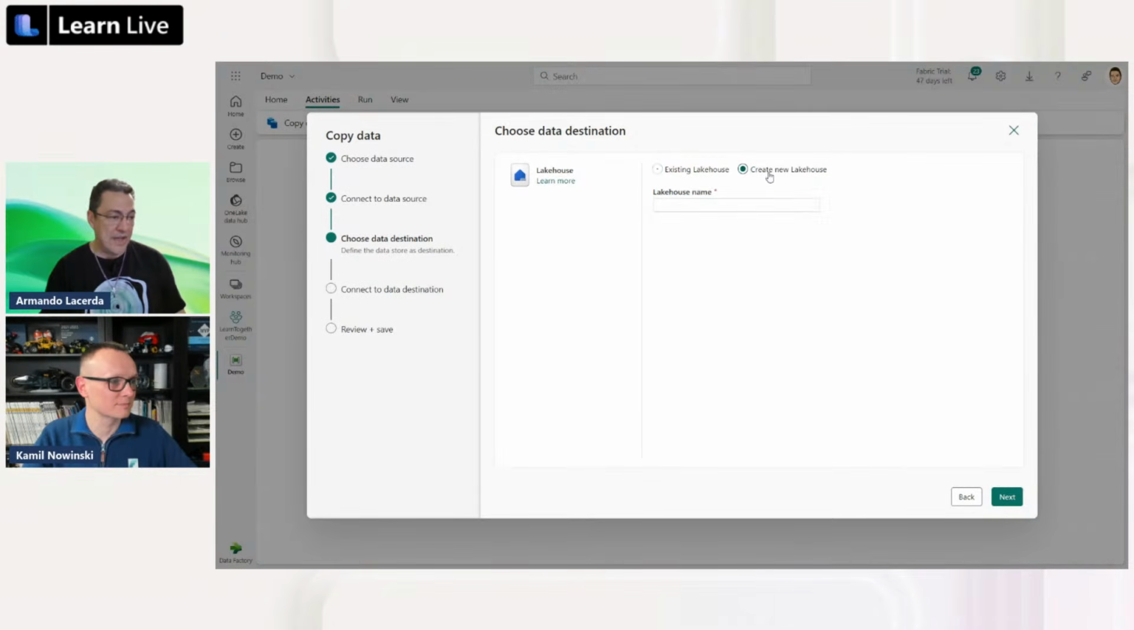It could be any of them already there. Actually, I just created this one. It's new. Create a new one. Just create this workspace, right? The workspace is empty. So this is going to be demo targets. Let's call it the demo target lakehouse. And in there